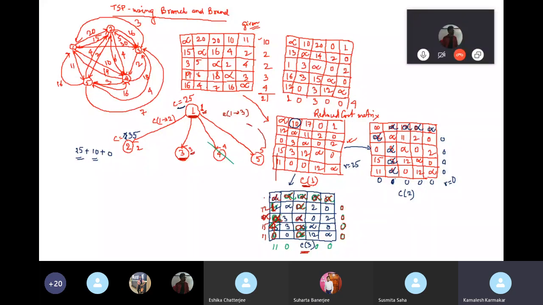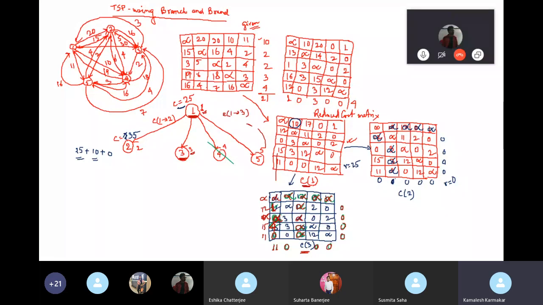Okay, so in this column, as it is written just beside this, what is the minimum value of this column? The first element is infinite. The minimum value of this column is 11. That's why we have marked it here 11. Minimum value of the second column is 0. Minimum value of the fourth column is 0 again. Minimum value of the fifth column is 0. So the minimum value of the first column is 11, so we have to reduce this value.